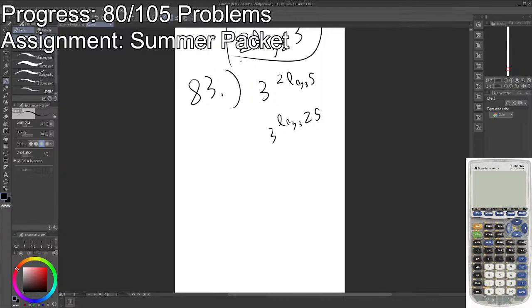Okay, so it ends up being 25. How do you go there? It says use a log a b equals b. What? Huh? So you could just say